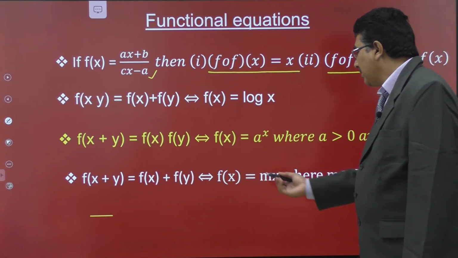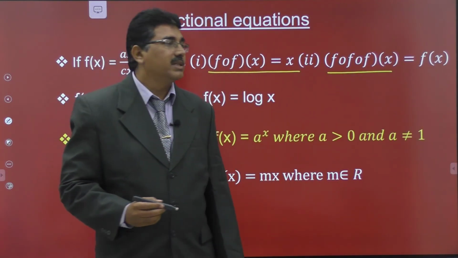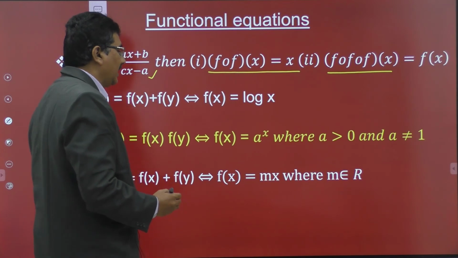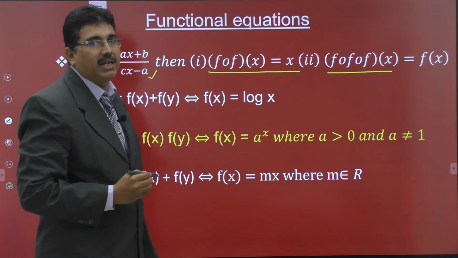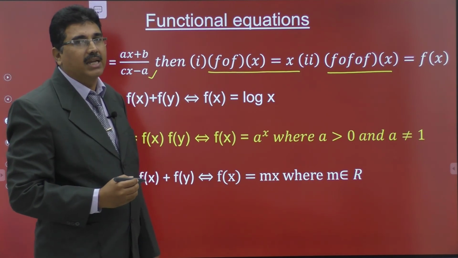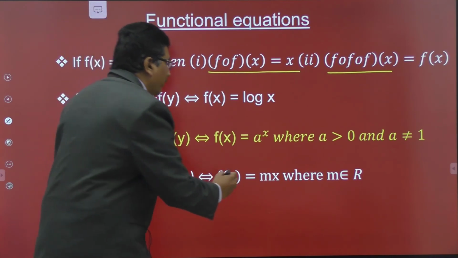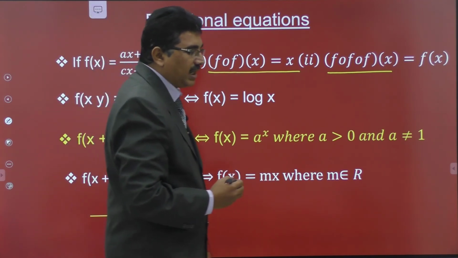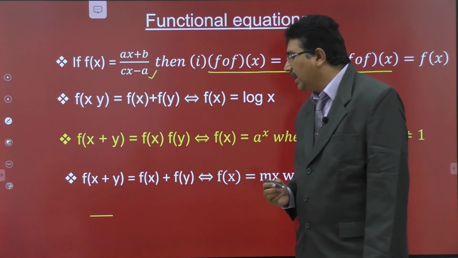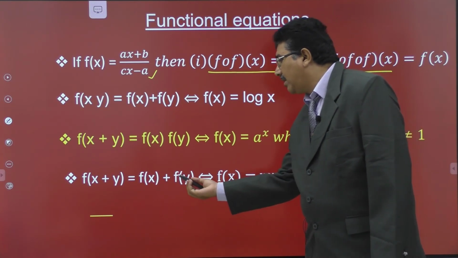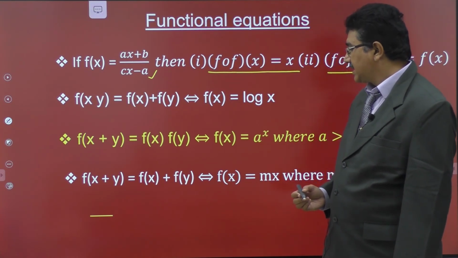Now here f of x is equal to mx. F of x equal to mx, this is geometrically y is equal to mx. Y is equal to mx is a straight line passing through origin and having slope m. This is y is equal to mx and this straight line satisfies the equation f of x plus y is equal to f of x plus f of y. Right? Next,